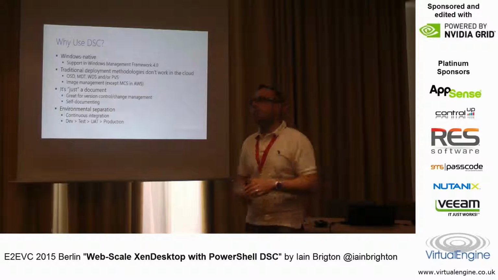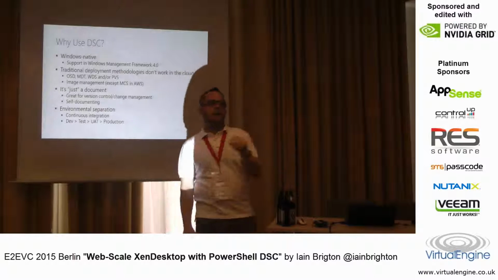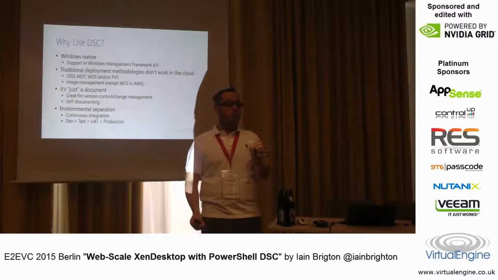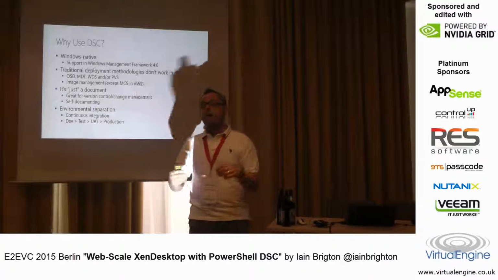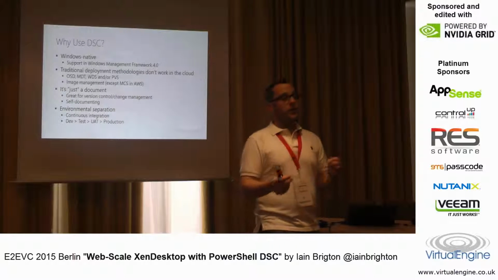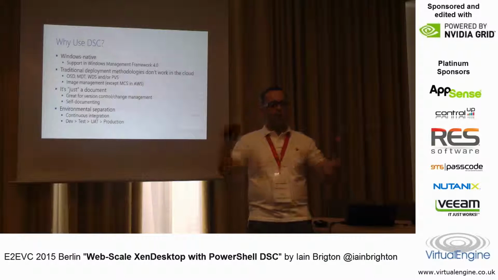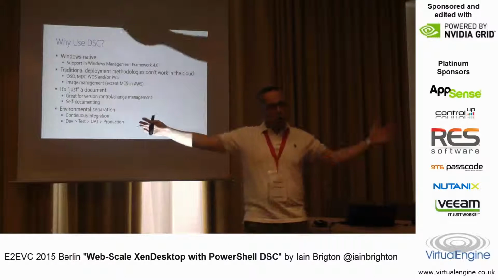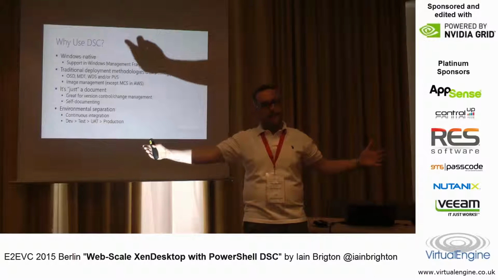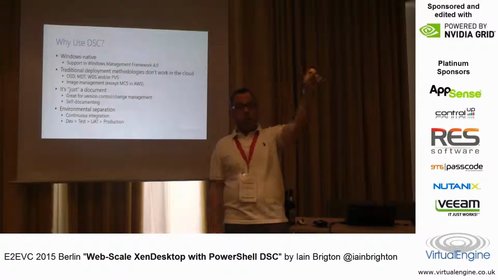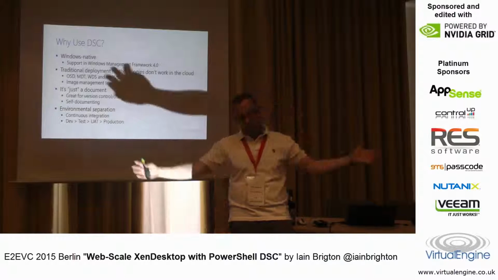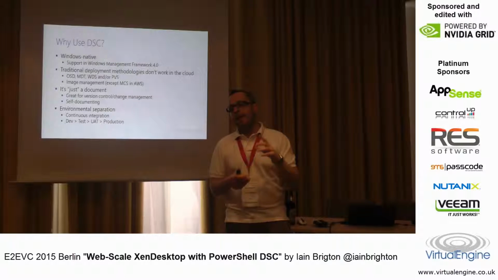There is a notion of, I don't want to get too deep, but you can configure a pull service. In version 4, you can give a Windows machine a configuration ID that says, go and pull this configuration. So if you had a web scale farm and you wanted all of your nodes to be configured exactly the same, then you can configure it to go and pull that one configuration. You update that one configuration and all your nodes are going to pull it. In version 5, they are